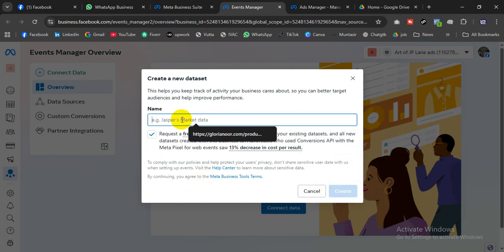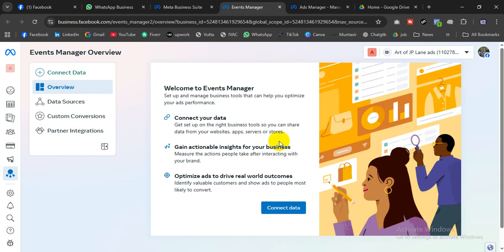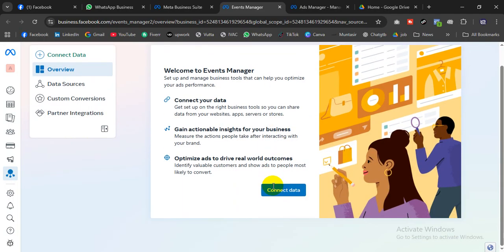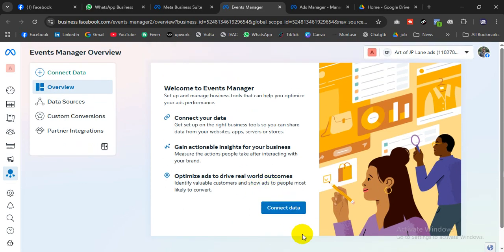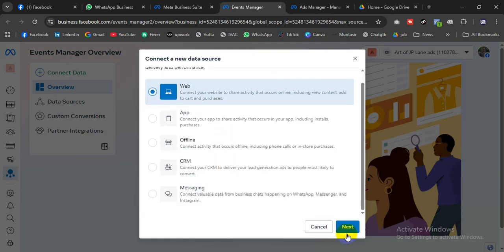Give a name here. Okay, then create. Then connect data, website. Next.